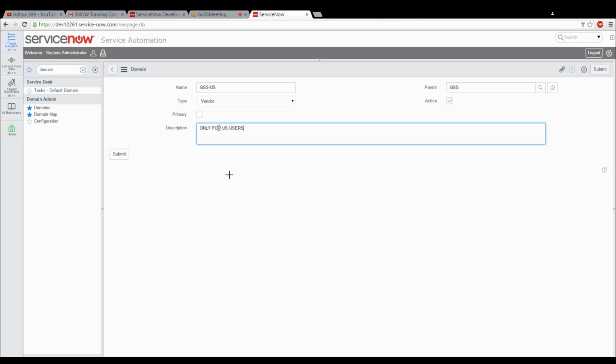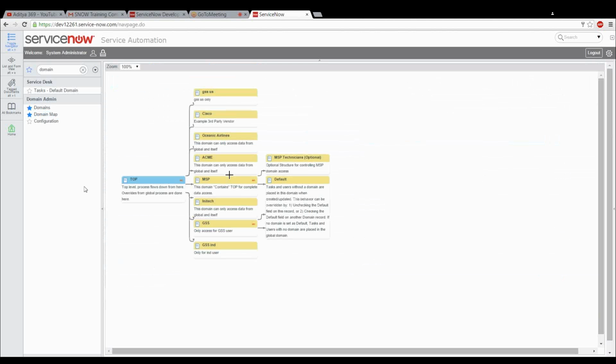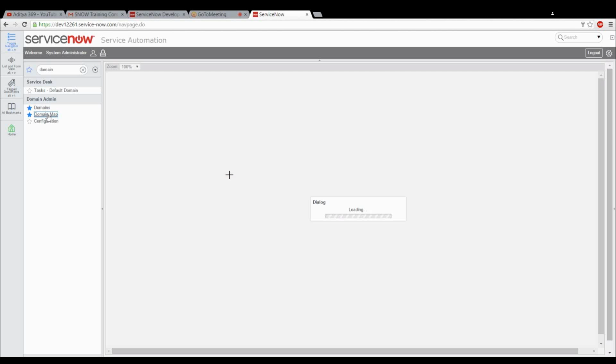Okay, submit. Then you click on map. Please let me know if anyone has a problem so far. Click on domain map. Yeah, now you'll be able to see. I'm getting only GSS.